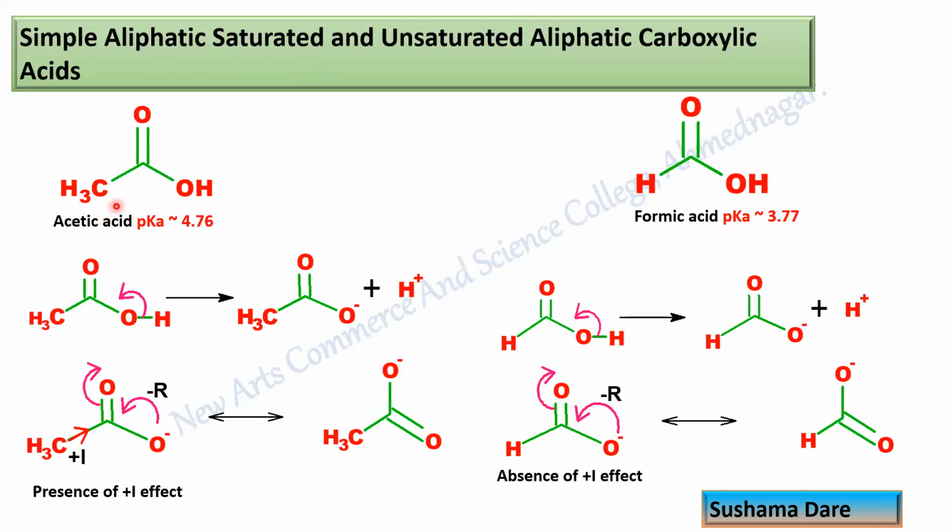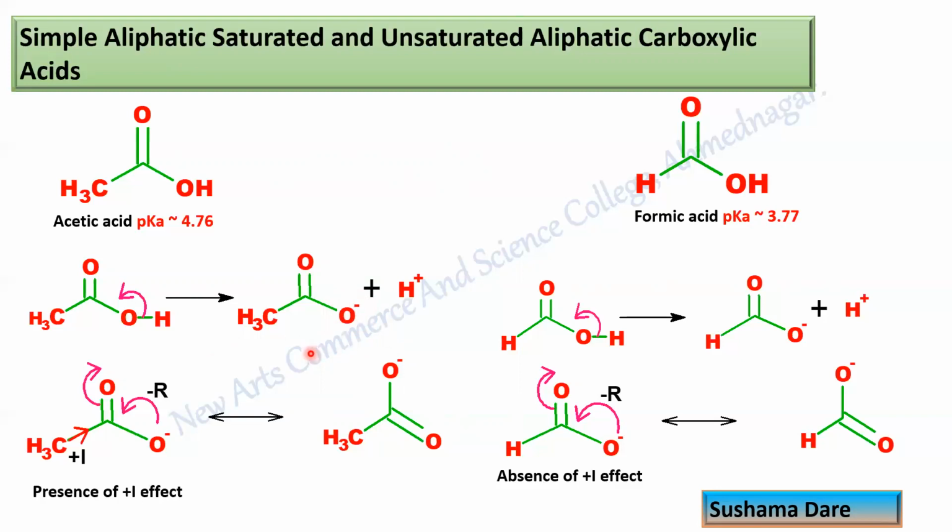So as it is an acid, the first step is how it dissociates and loses the proton. So acetic acid dissociates, it gives acetate ion plus proton. So acetate ion is what? It is the conjugate base. And what is A? A is this oxygen. So the negative charge is present on oxygen, therefore electronegativity of A is important. Now it fulfills the requirement that the negative charge is present on oxygen, so that is an electronegative atom.